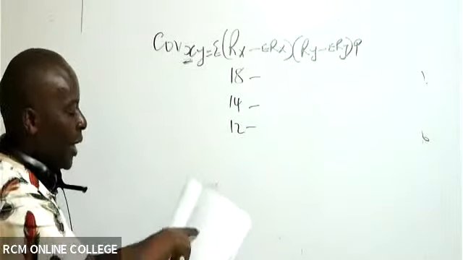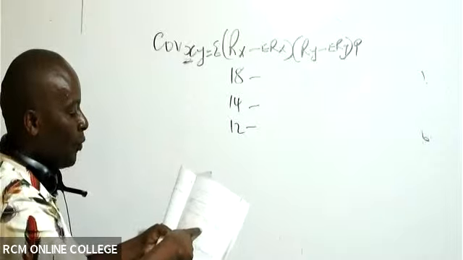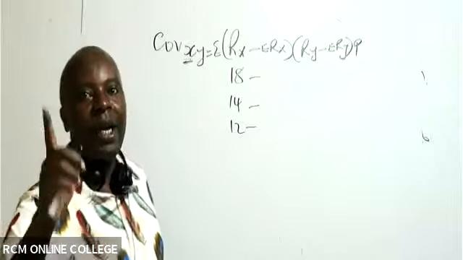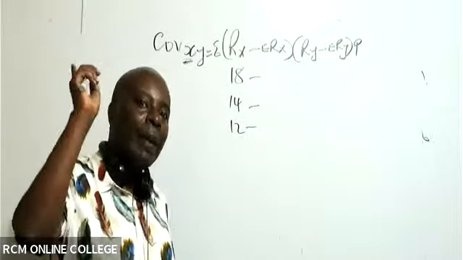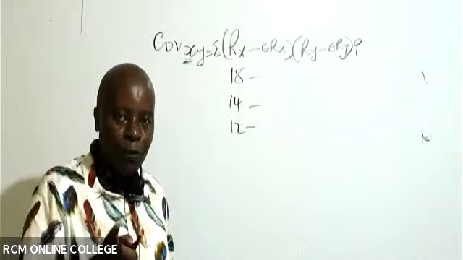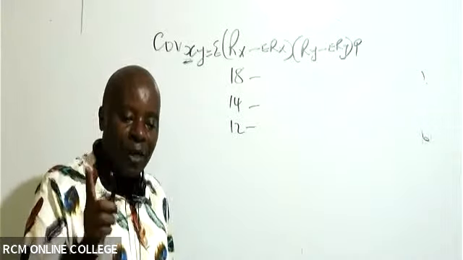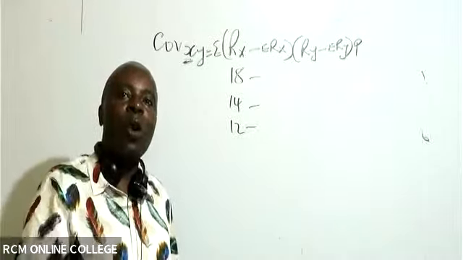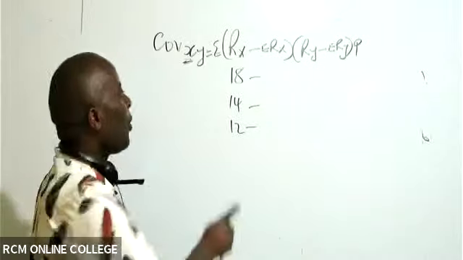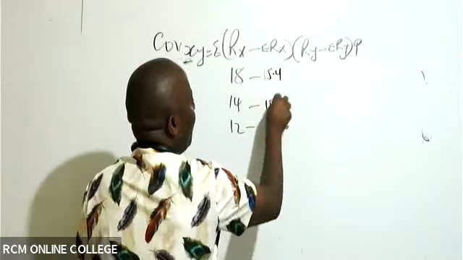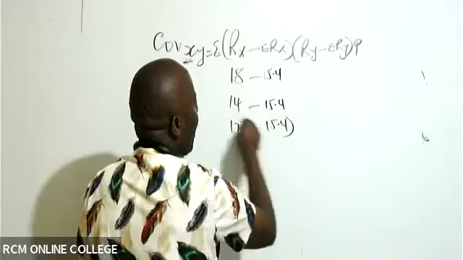Those three are the actual returns: 18, 14, and 12. Expected return of x is the mean return, which we already got up there, and if I remember very well, it was 15.4. What do you know about averages? That average will not keep on changing, so the 15.4 will be constant: 15.4, 15.4, 15.4, like that.